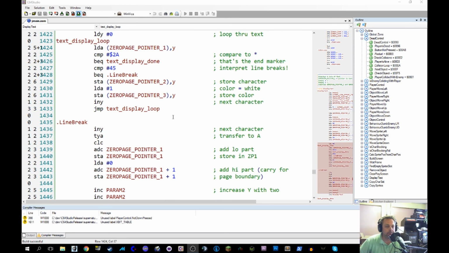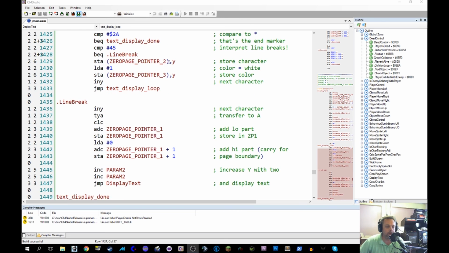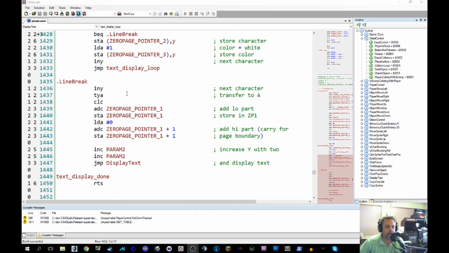So you want to keep the index running, but when you hit a new line, the index for the y is going to go back, and the index in the text is going to go on. So that's a problem. And the way that we solve it here is